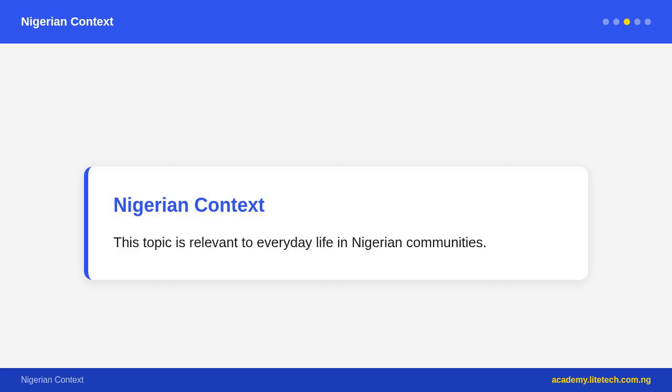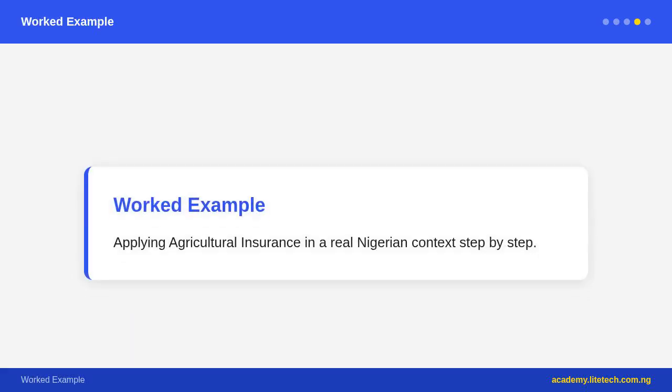Current initiatives: the National Agricultural Insurance Scheme, with premium subsidies. Government and some state governments provide premium subsidies to make insurance more affordable. The Ministry of Agriculture and Rural Development coordinates. Anchor Borrowers Program, ABP. CBN loans to farmers under this program often have a mandatory insurance component. This has increased farmer insurance uptake since 2015. Private insurance companies. Some private insurers, Leadway, AIICO, etc., now offer agricultural insurance products, but the smallholder market remains underdeveloped.